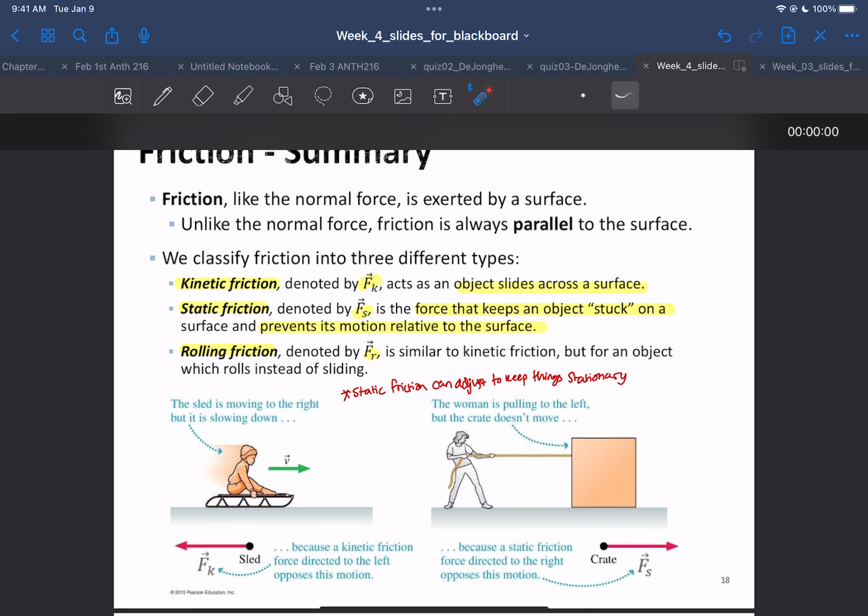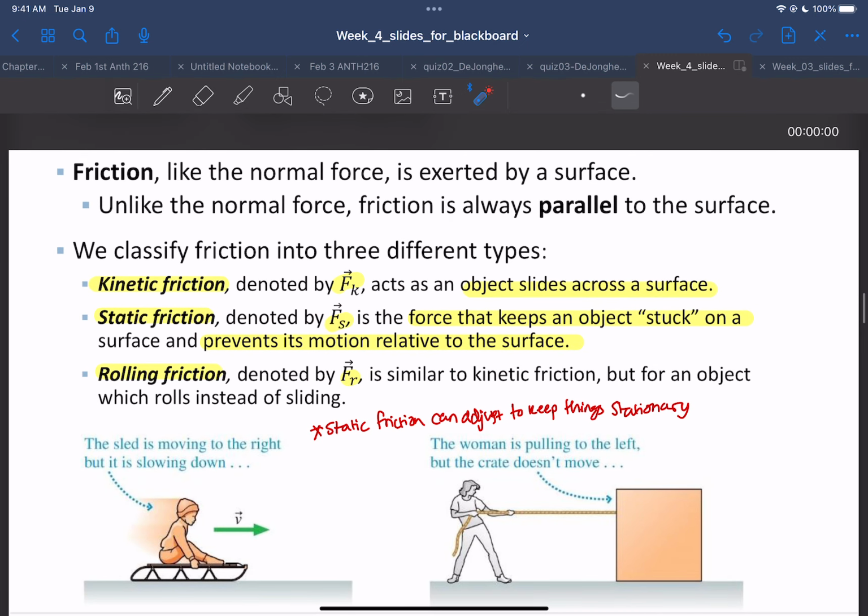And it's always parallel to the surface that you're sliding on or moving on or whatever. Now, like I said, just think about friction as a force that opposes another force, essentially. So for kinetic friction, if you're trying to slide to the right, then the kinetic friction would be opposing that sliding